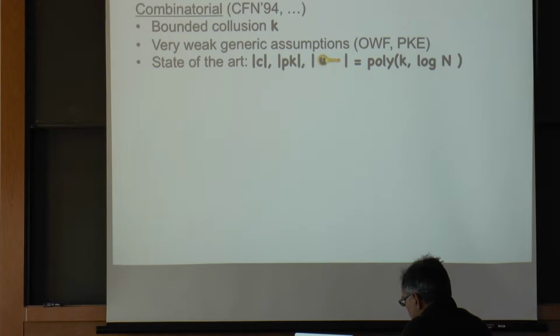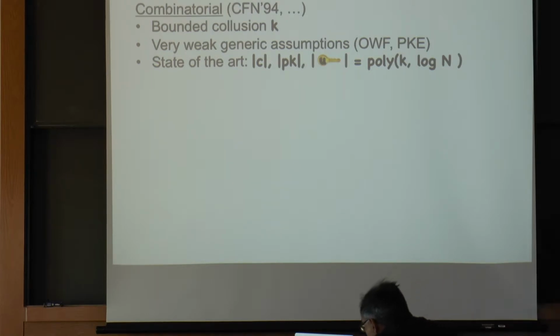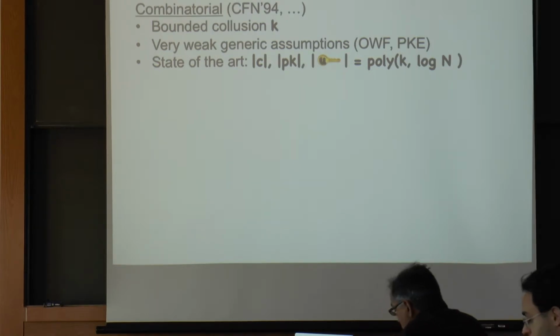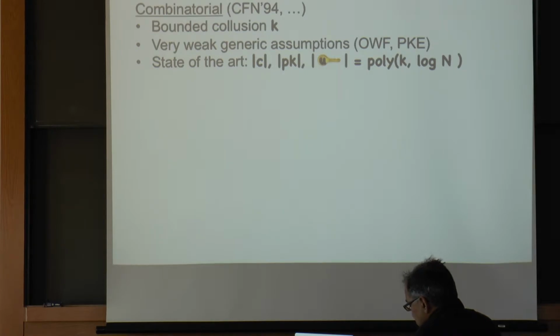Okay, so some prior work. The prior work on Traitor Tracing can be broken down into basically three categories. One is these combinatorial constructions, where they just take any public key encryption scheme and play some clever tricks to get a Traitor Tracing system.